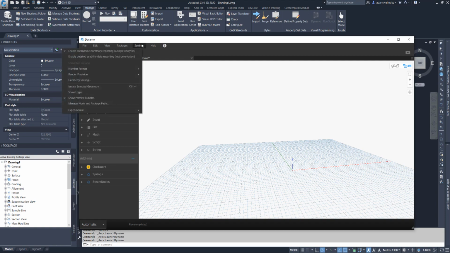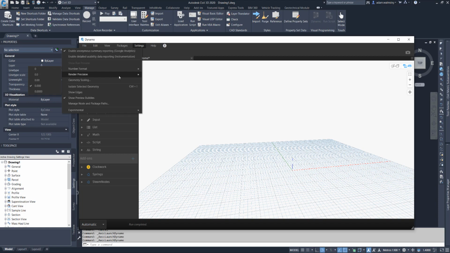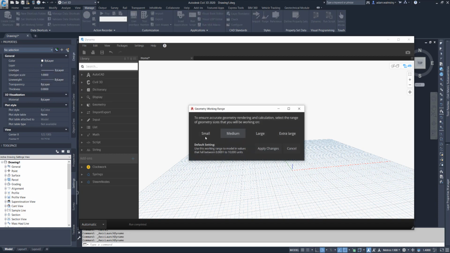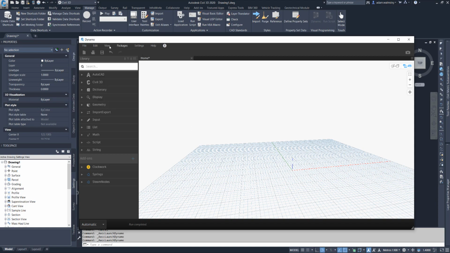There's some different settings that you can utilize when you're in Dynamo, depending on how complex your scripts get. You can play with the scaling of the geometry. Most times you can just leave it on medium. You can manage your custom nodes. Users have the ability to create your own custom nodes, so managing that is done in here. And you can also play with the background settings and things like that, but we won't focus too much